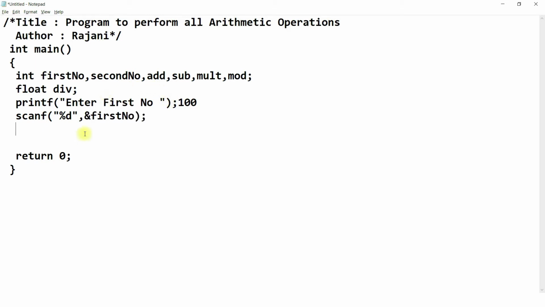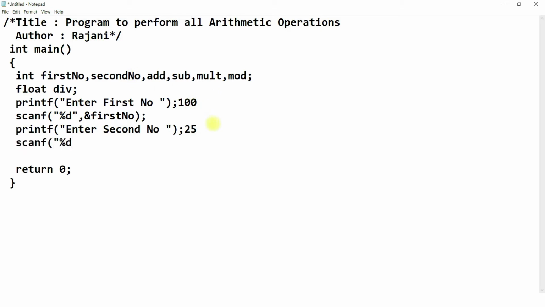Now let's give information to the user to enter second number. Let's say the user gives the number 25. We need to read this number and store it onto the variable second number. Scanf percentage d, and we should give the argument second number.